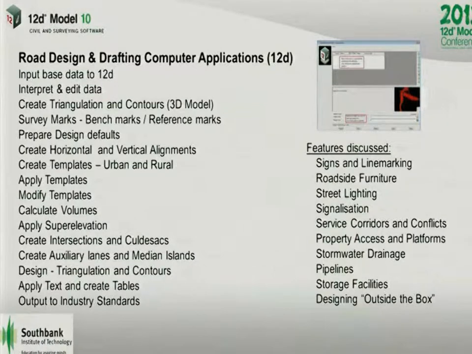All of these are contained within a workbook, originally written by my colleague Steve Houghton of SKM, and I've just run another version of it. The unfortunate thing is, after watching Peter Tainton's deliveries, I'm going to have to change a whole lot more. So thank you, Peter. So we can see through here that 12D is covered in a number of areas,